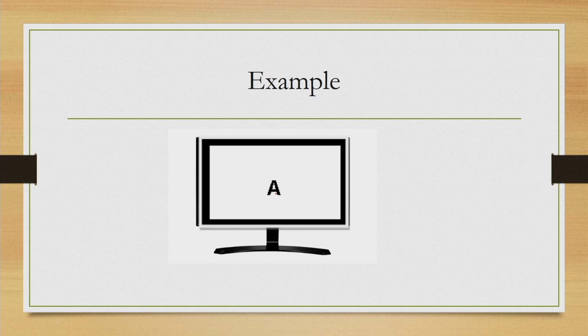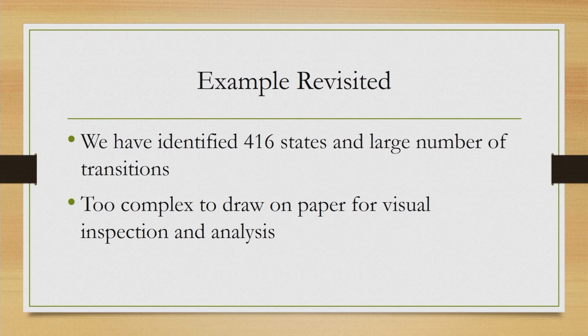So, there are 26 capital letters in the English alphabet. We can change its font size by making it one of the 8 possible values that we have defined, as mentioned in the earlier lecture, and also we can change its color between red and black. So, in total we have identified 416 states for this simple interface system, and between these states there will be transitions. So, the total number of transitions will be large.